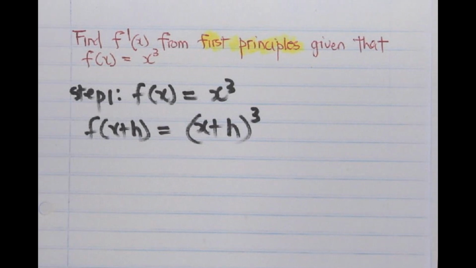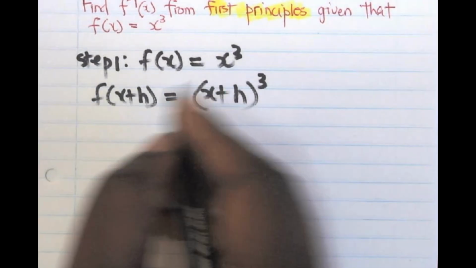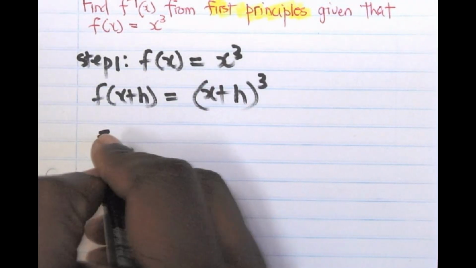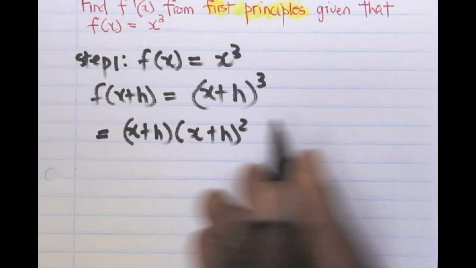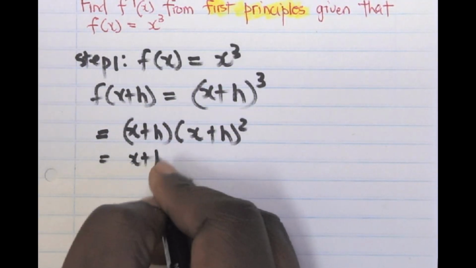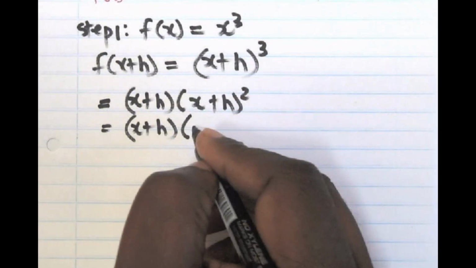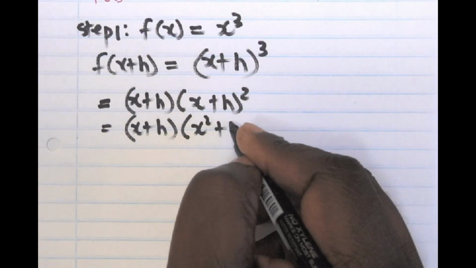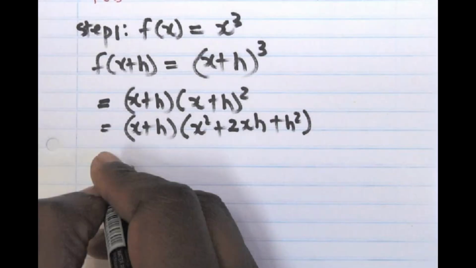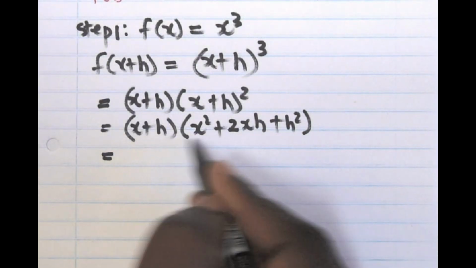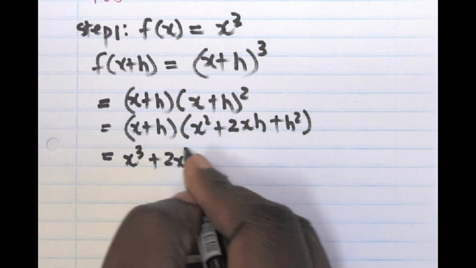Right. When we simplify this, we have to borrow some concepts from the lower grades. So I can expand here and say x plus h, then I'm going to get x plus h squared. Let me simplify the second bracket first. When I simplify the second bracket, I'm going to get x squared plus 2xh plus h squared. Then I can distribute x first. When I distribute x first, I'm going to get x cubed plus 2x squared h